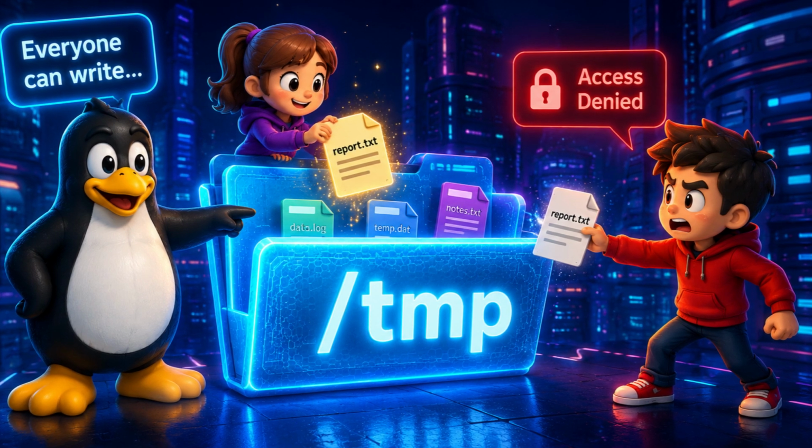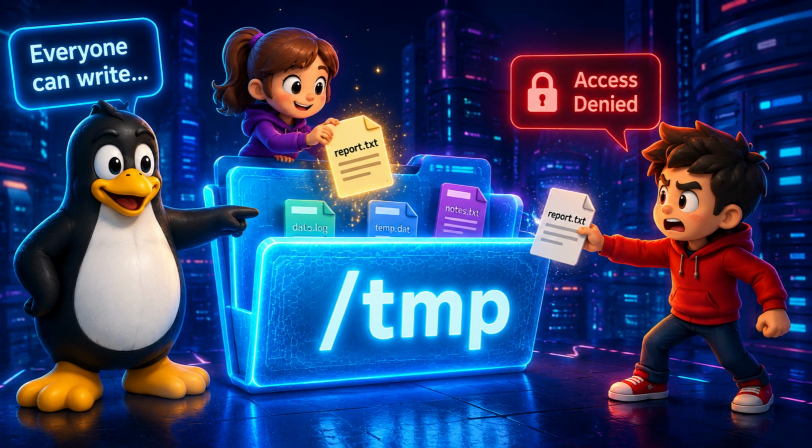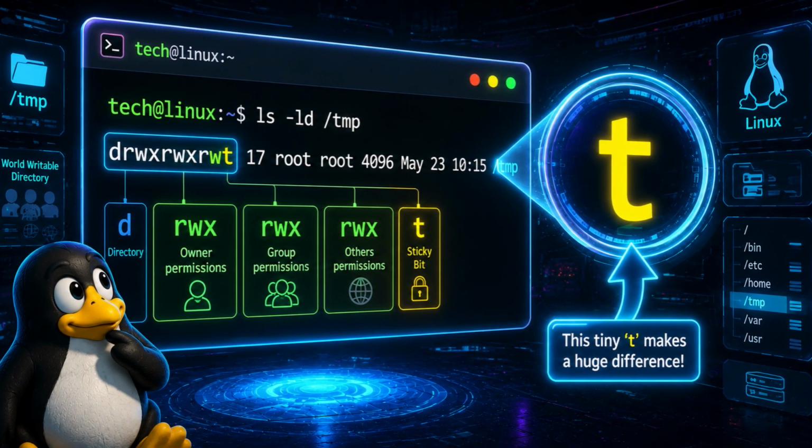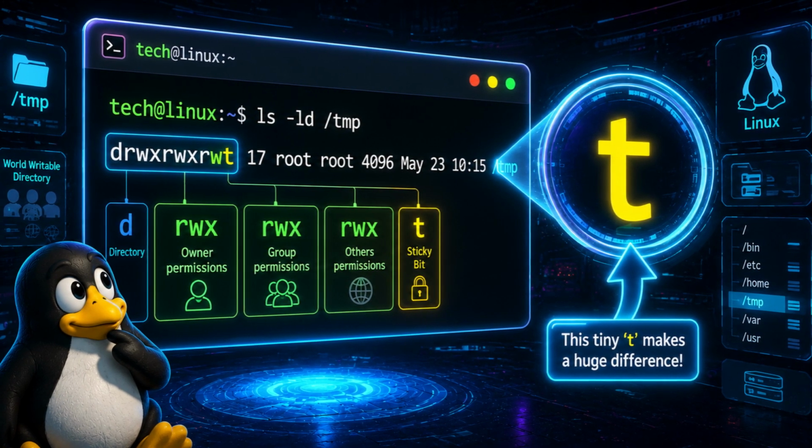Anyone can create files there, yet Linux prevents other users from deleting them. Why? And what does that mysterious letter T have to do with it? Let's find out. Many Linux users eventually run this command